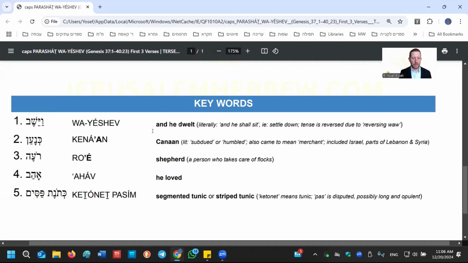Number 2, Kana'an. Kana'an literally means subdued or humbled, and in later Hebrew, not modern Hebrew, already in ancient Hebrew, it eventually came to be synonymous with or connote the meaning of merchant. And the geographic region that was called Canaan includes the modern-day borders of Israel and the southern parts of Lebanon